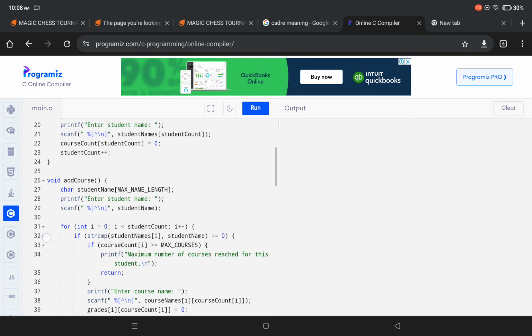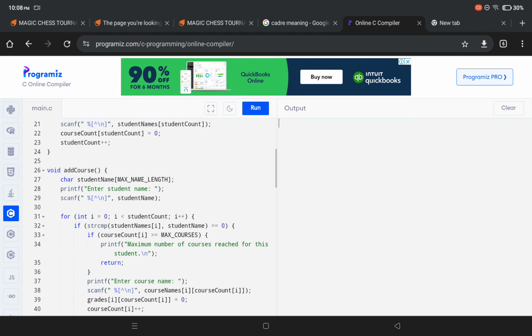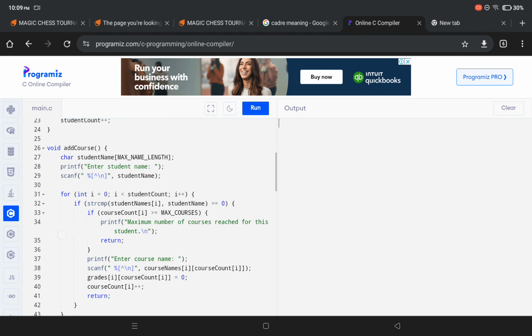Next, we have the function void add course. The purpose of this is to add courses for a specific student. It prompts the user to enter the student name and stores it. It iterates through the student names array to find the matching student. If the student is found,